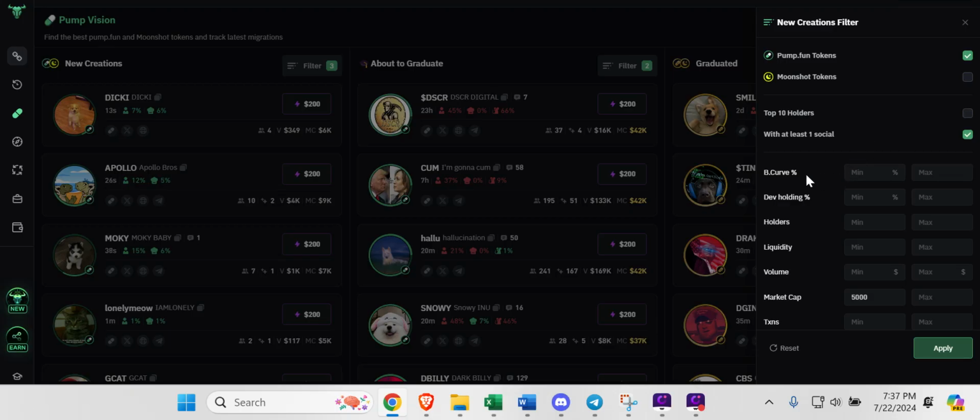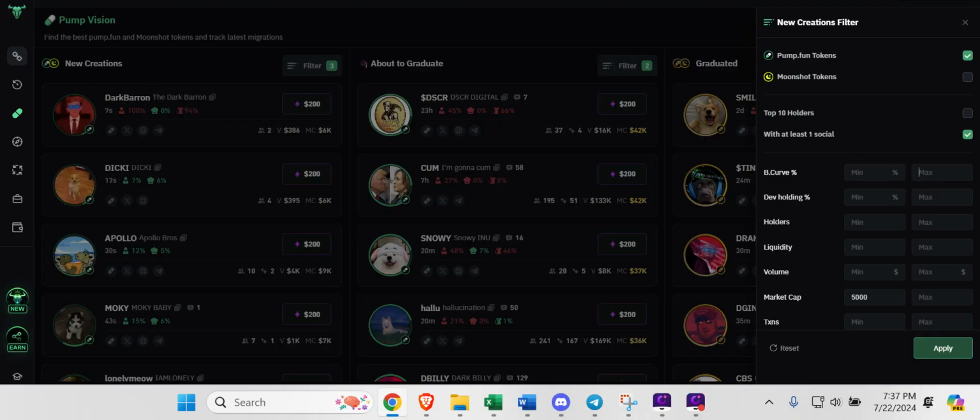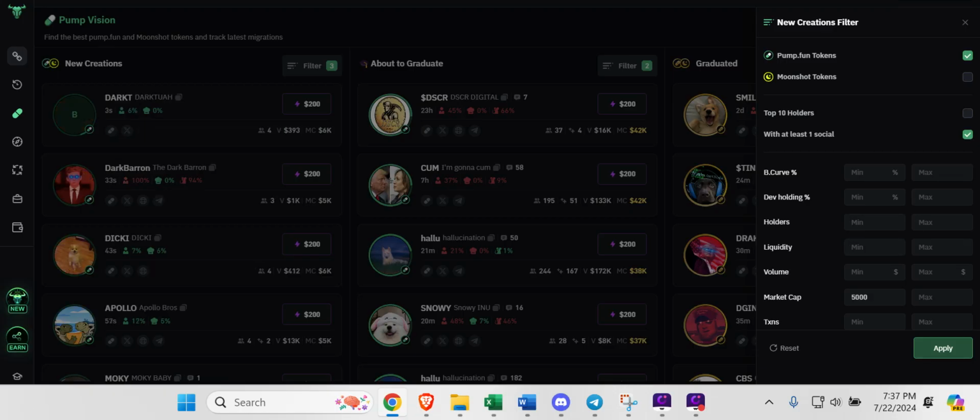And then these other filters, you can filter how close it is to graduating to that Raydium tier. So if you want to not touch immediate coins, but maybe you want to look for coins around 25K-ish market cap, you could put in maybe 40 to 60% in here. How much percent of the coin does the dev hold? You could also put a cap on that. Maybe you don't want them to hold more than 10% of the coin. I don't really touch any of these others, but you can put filters on holders, how much liquidity is there,